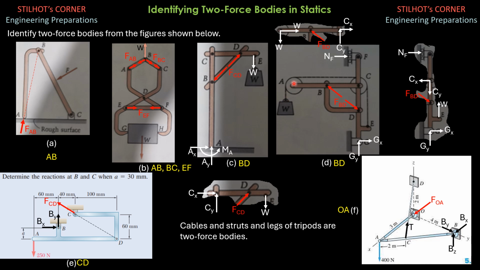We have up and down W. Down W and up W constitute a couple, and that couple is a clockwise couple. By the way, the other one is a counterclockwise couple, W times R. The clockwise couple is W times R, so the net moment would be 0, and the forces are now transmitted at A.